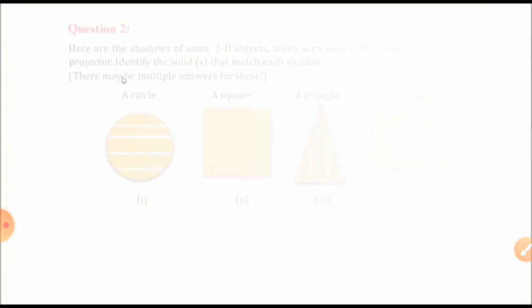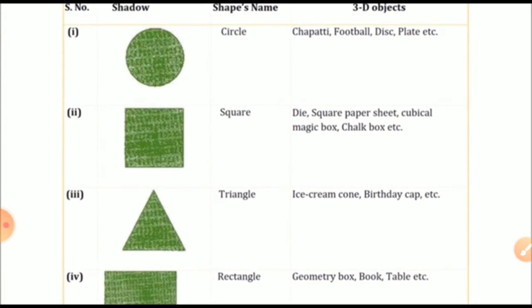What about the square? For the square, there are so many things. Can you keep the chapati? Yes. A football? Yes. It is round in shape, and a plate also. A disc, sorry, dice, no, the dish. The breakfast dish comes in round shape, and a plate, a thali, as we say in Gujarati, right? So we can keep it. Yes, correct answer. You are right, my dear student. A ball also, any ball with a round shape. Is it? So the shadow will be a circle.